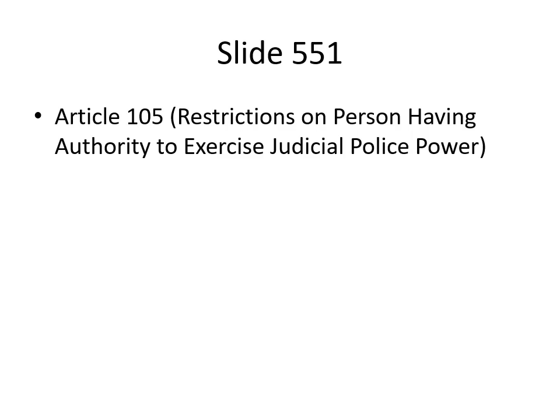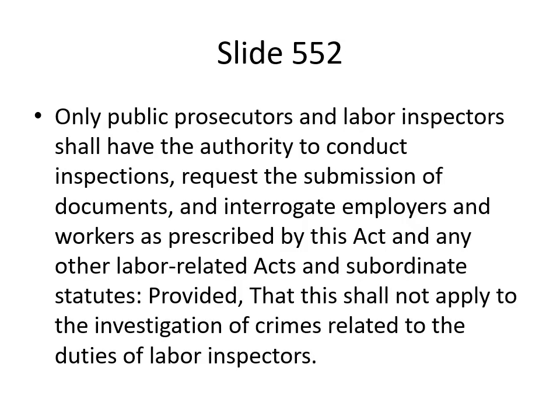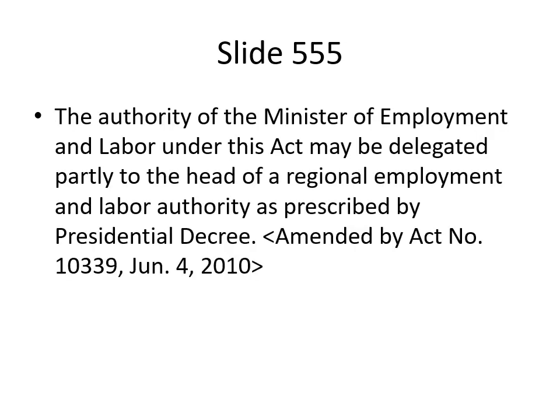Article 105, Restrictions on person having authority to exercise judicial police power. Only public prosecutors and labor inspectors shall have the authority to conduct inspections, request the submission of documents, and interrogate employers and workers as prescribed by this Act and any other labor-related acts and subordinate statutes, provided that this shall not apply to the investigation of crimes related to the duties of labor inspectors. Article 106, Delegation of authority. The authority of the Minister of Employment and Labor under this Act may be delegated partly to the head of a regional employment and labor authority as prescribed by presidential decree. <Amended by Act No. 10339, June 4, 2010>